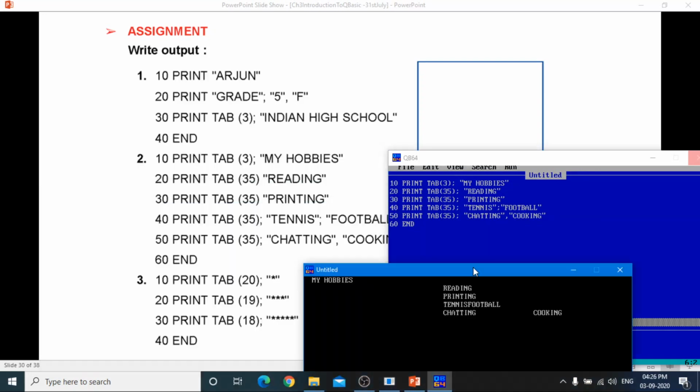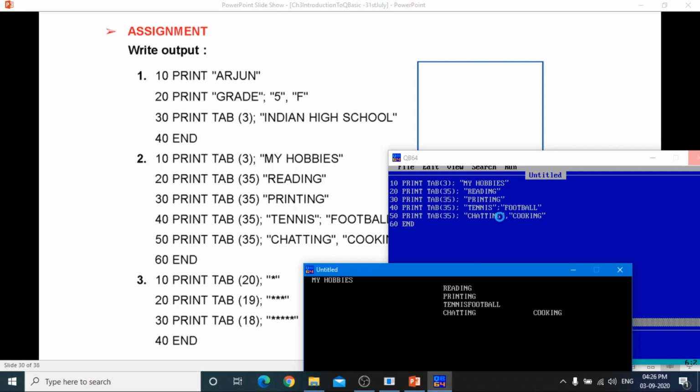See, my hobbies is displayed little because tab is 3 position. It will display very little space. Now next is print tab 35. So in 20, 30, 40 and 50 all lines we have tab 35, so there is the same displacement. In first line we have reading, next printing, next tennis and football, but there is a semicolon.